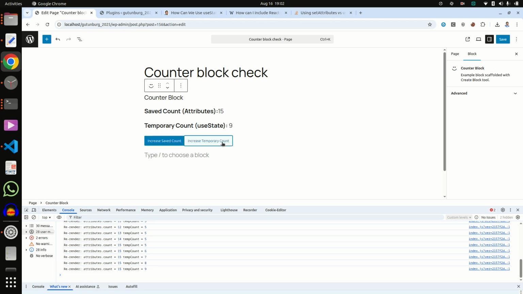Now when we click temporary count, the save button is not enabling, and when we click the save count it is enabling, so it creates a dirty block.